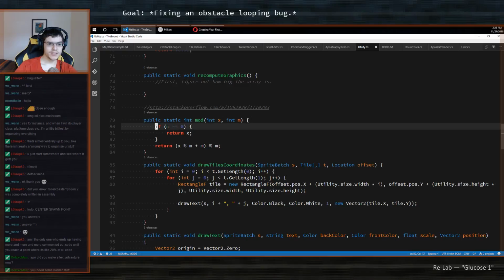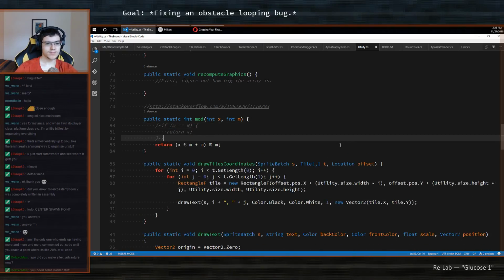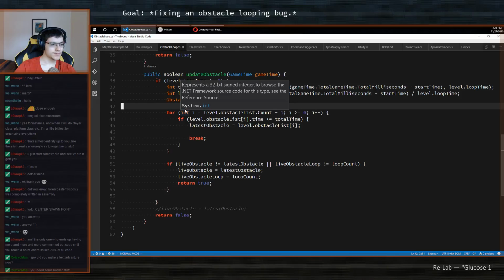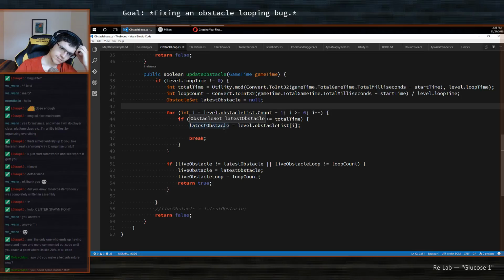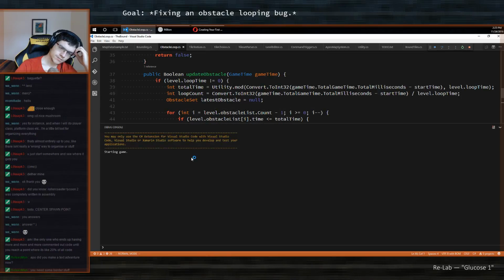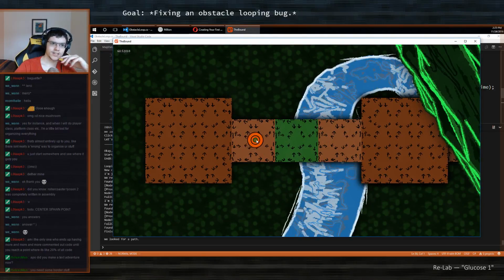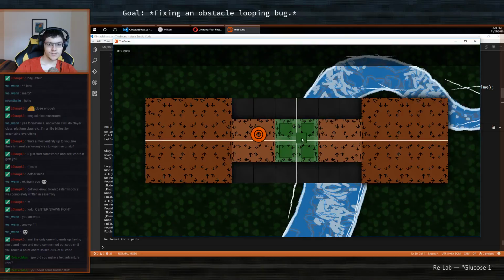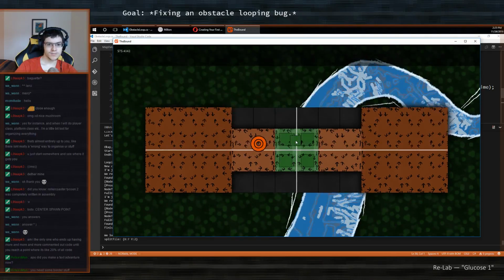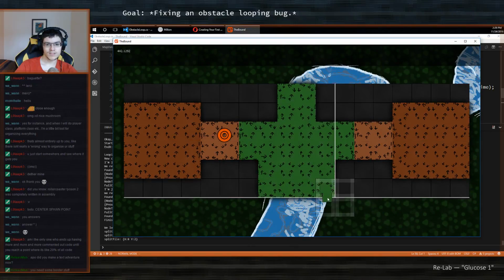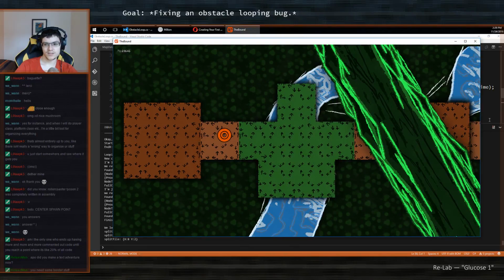So can I remove this? Or does that create a new bug? Anyway, it doesn't crash. So nice to edit this. This is so annoying.